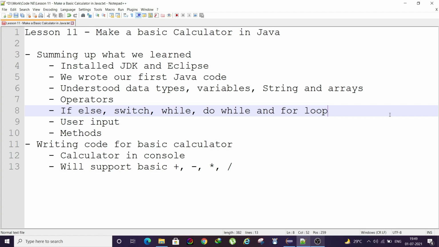Basically we are going to make a calculator that you can run in the Eclipse console itself, but it will give you a good example of how coding will help you in your day-to-day life, like how it can solve the problems that you face. So just learning the concept and just knowing what if else is won't serve any purpose, right?